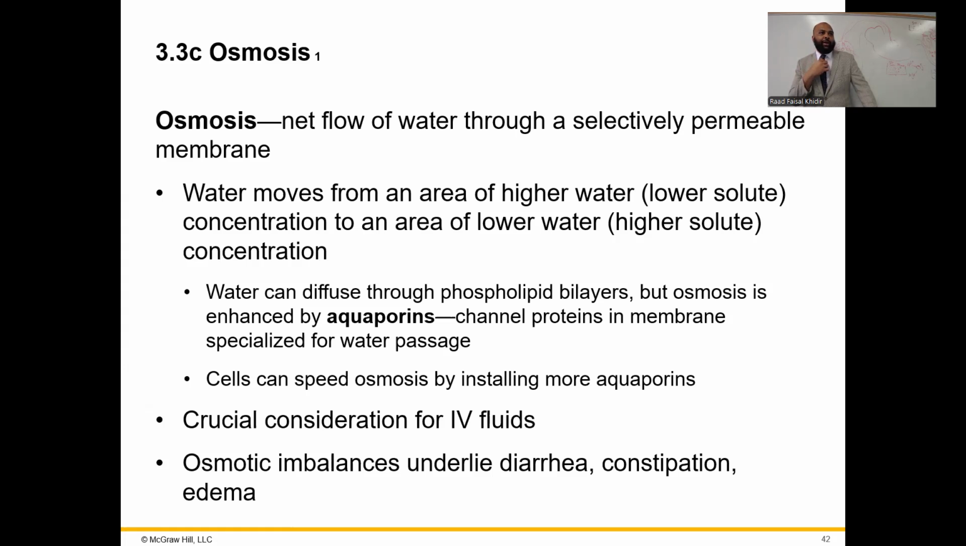cell membrane has aquaporins. These aquaporins are transmembrane, obviously, and they open to allow water to move through. Okay? So these are aquaporins. They accelerate the rate of movement of water across the plasma membrane. So cells can speed osmosis by installing more aquaporins. So if we need more water